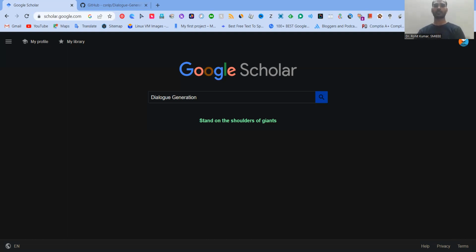Coming on to the specific dataset related information, there are multiple, including Doc2Dial and DoQA, and then you have the WikiText, you have the UDC, you have the MultiWOZ, and particularly, if I say, one important dataset which is OpenDialKG. So these are some of the related datasets available. There are a number of papers related to these particular datasets which have discussed the process of dialogue generation.